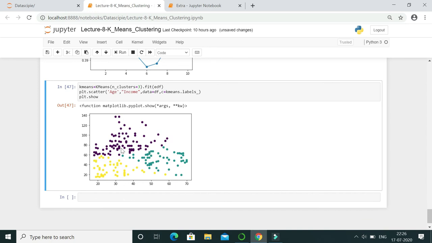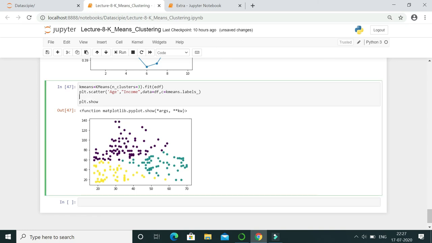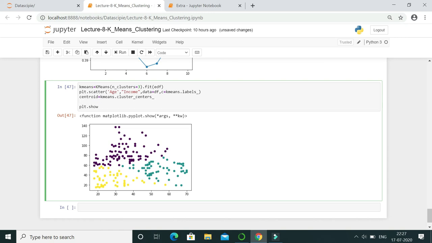Next we have to find the centroid of these clusters. So we define here the centroid. So centroid is equal to kmeans dot cluster underscore centers. Next we would plot our centroid. So for that plt dot plot, what is the x coordinate? Centroid 0.